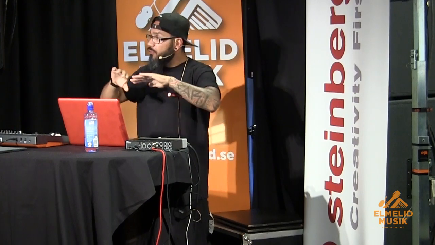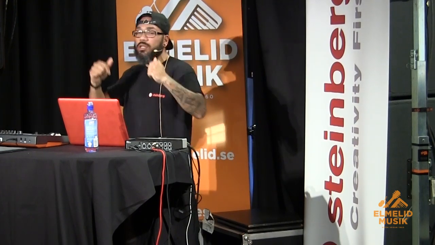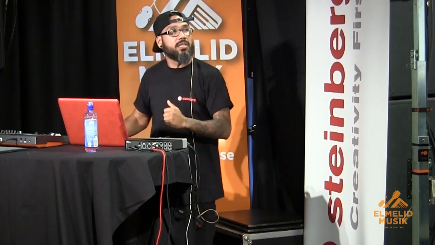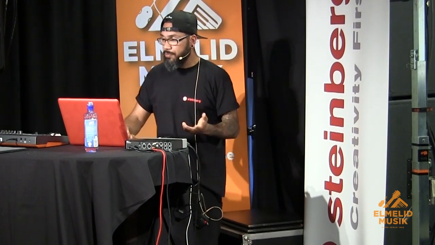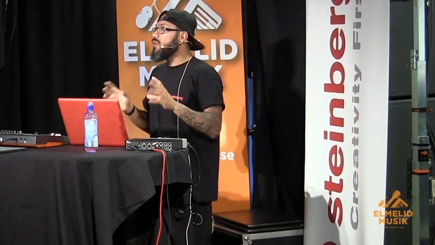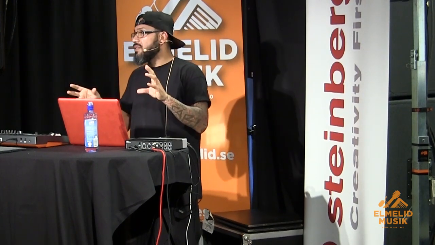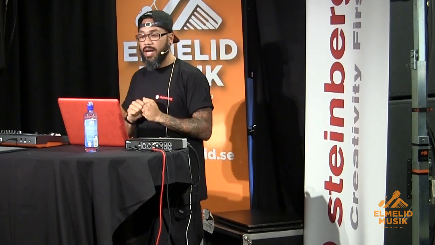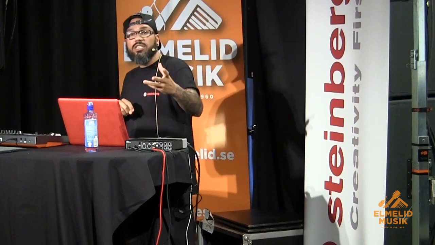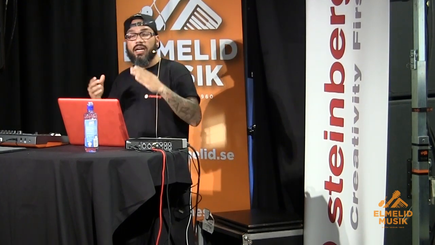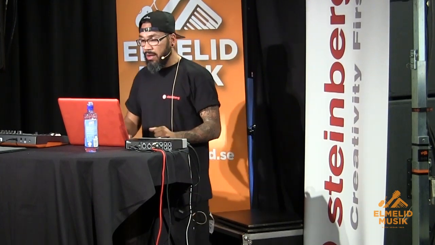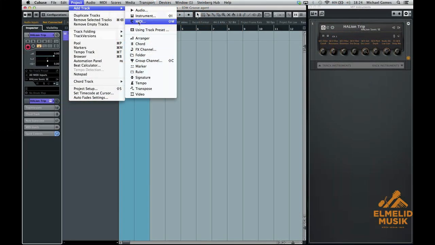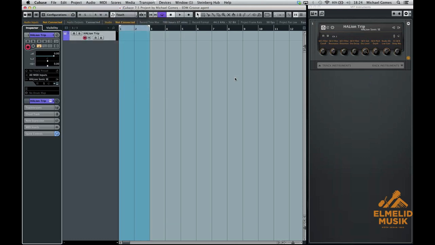So for the ones of you who are doing productions, you will use an instrument track. Basically there is no difference. You can do with an instrument track what you could do with a MIDI track, besides a couple of key features. With a MIDI track, when you create one, for instance, you will have to